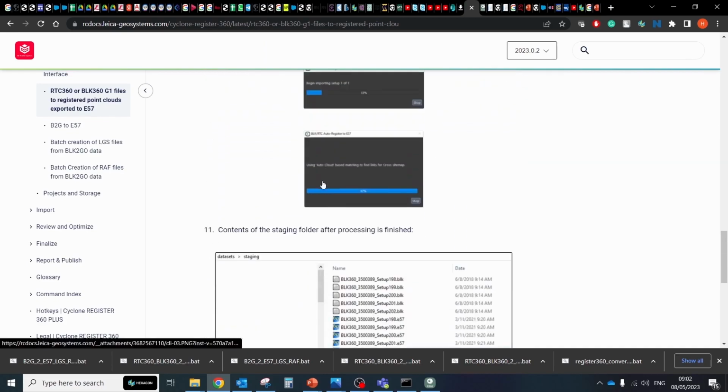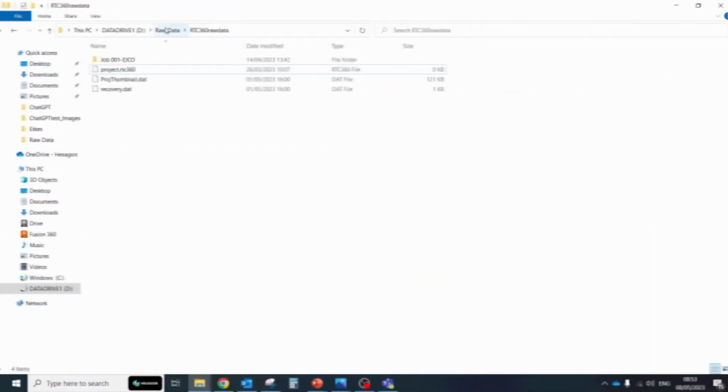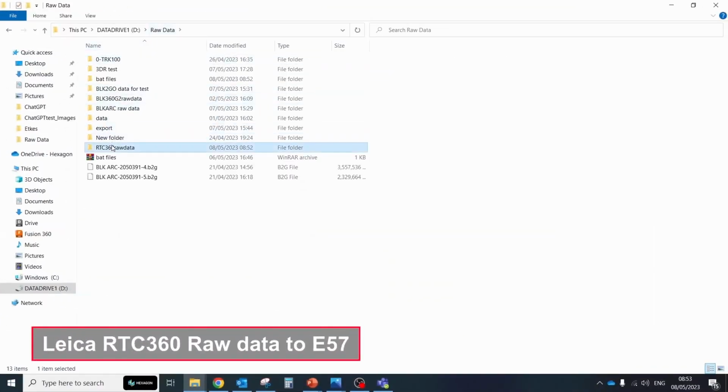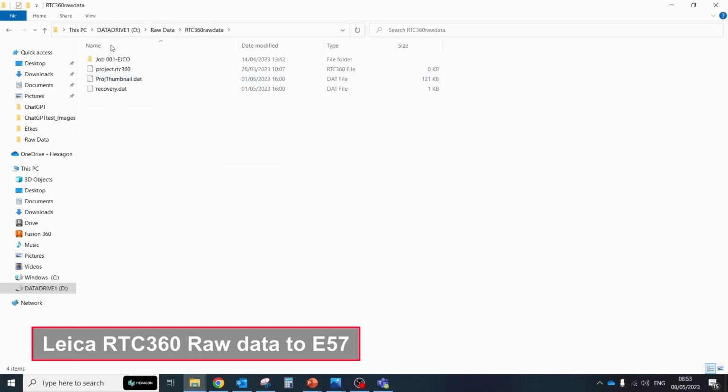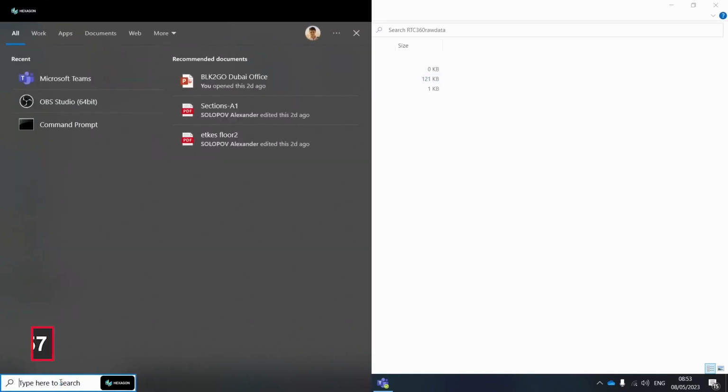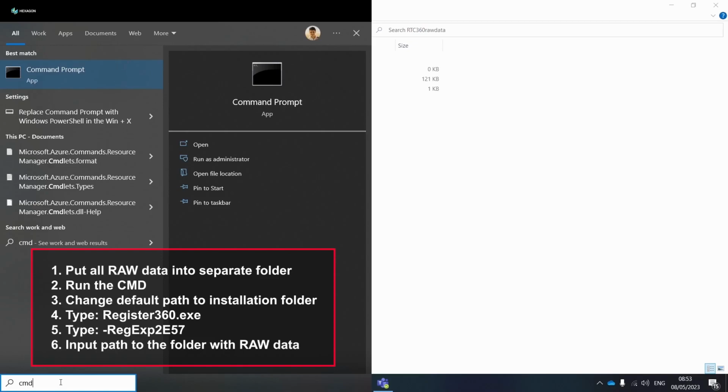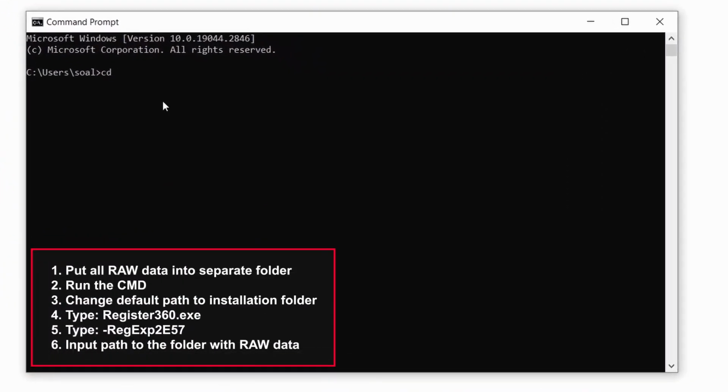Here's an example of data processing for RTC360 to E57. First, put all raw data into a separate folder. Run the CMD. Change the default path to the installation directory of Cyclone REGISTER360. By default, it's C, Program Files, Leica Geosystems, Cyclone REGISTER360. Type the below commands: